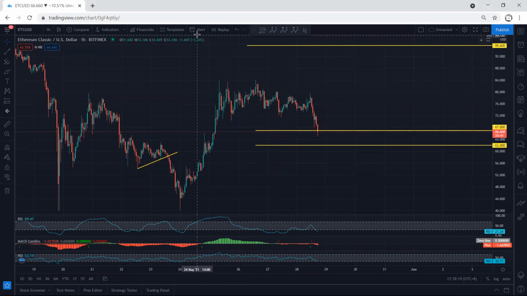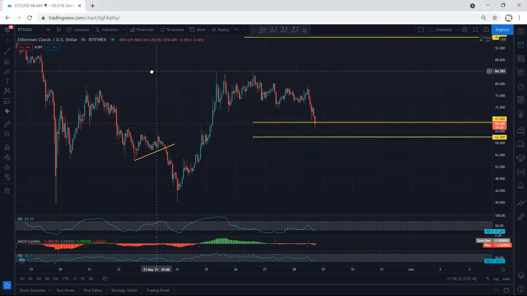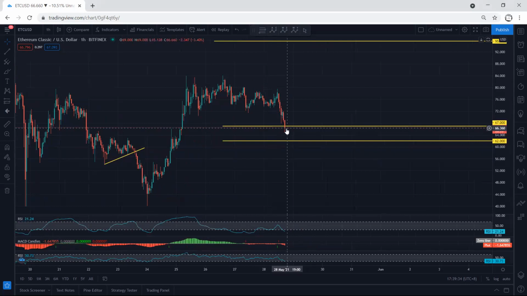Can we still put this one as a correction, as a 1, 2, 3 for one move up for a bigger correction? We can look at this one in different ways. We don't need to make it so complex. And as we expected, the price dropped to where we were looking for, 67. Still, what I see here, as I mentioned, is that I put it as a correction. That means if I get any reversal, I can look for buy. But if we get any buy, that one is not the one that is going to break 80 and continue.